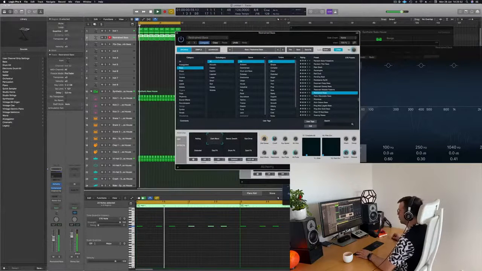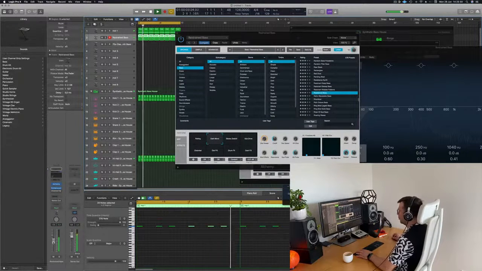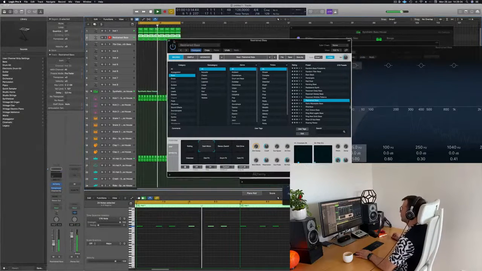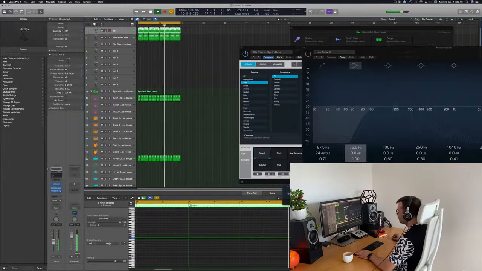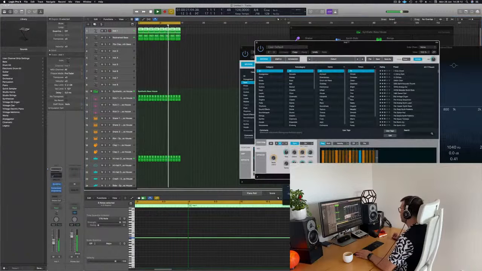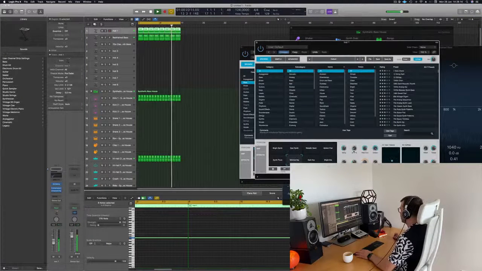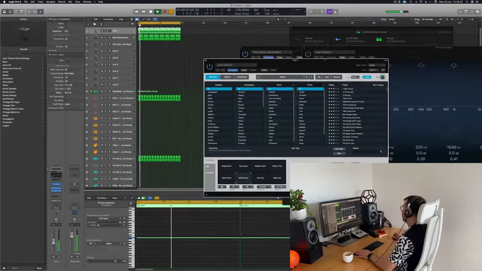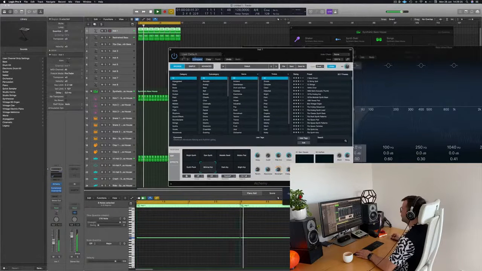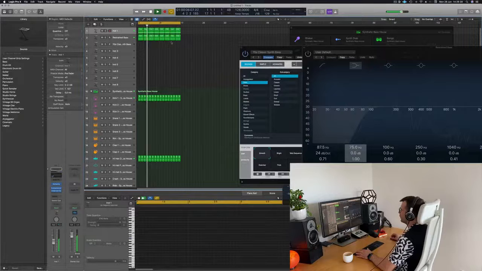Ooh, I like this. Very proggy. It's a bit in the idea that I had. I think this arp is fun. However, now I will subdue it a little bit so we can build something else. That's a default patch, the default patch on Alchemy, so this is an interesting way to start a track.